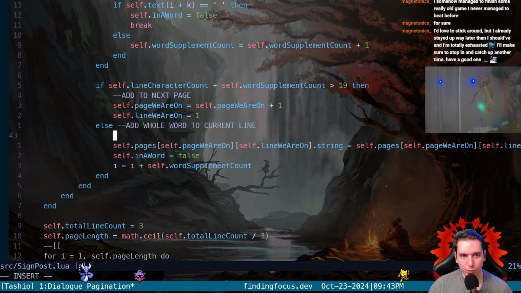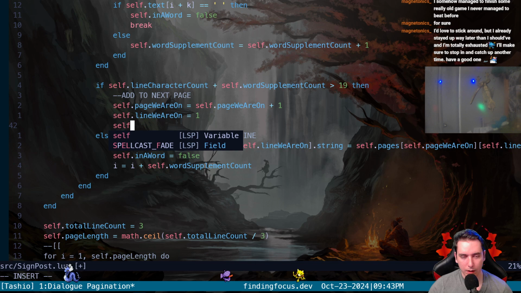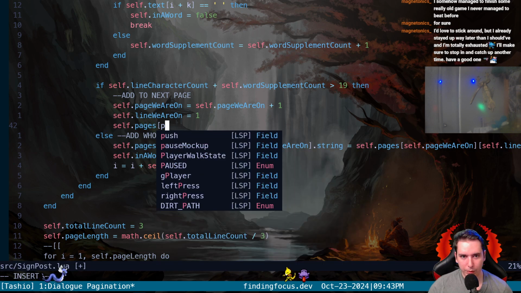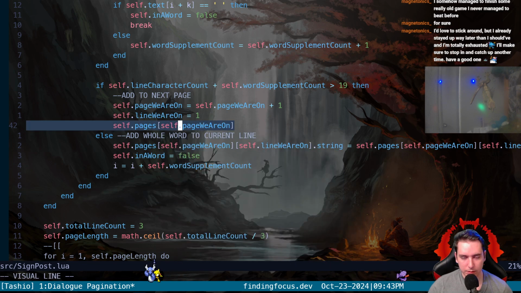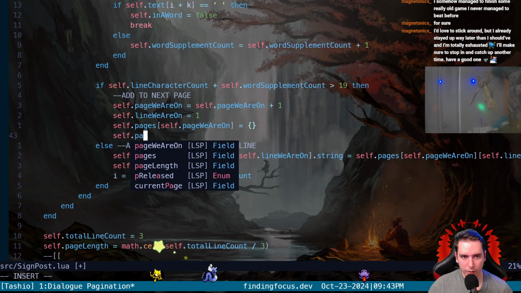And then we need to also, right here, add the next page worth of tables for both the page and the lines. So we need to say self.pages at index page we are on. Because right now this table doesn't exist, so we need to go into an index of the page we're on and give it an empty table, and then also go into the,